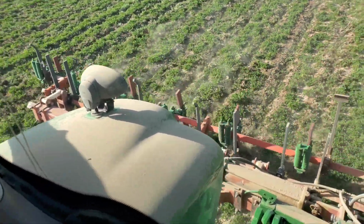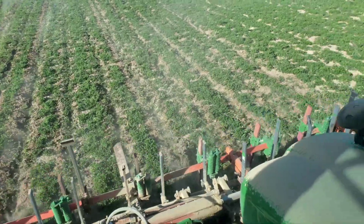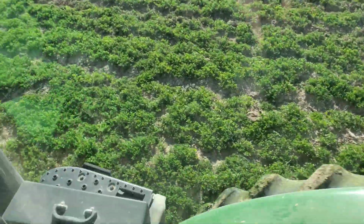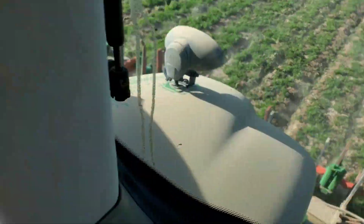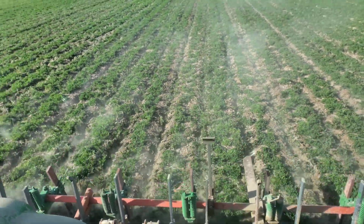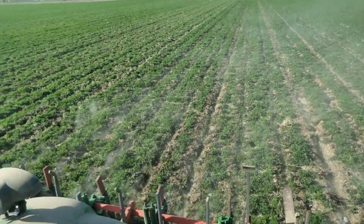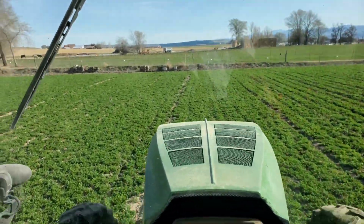So it doesn't take much. It's just pulling the little bits of dirt that are kind of filling up the corrugates from the past year, and it cleans them out, and it doesn't look a whole lot different, but it definitely makes a difference when it comes time to irrigate. So anyways, I'm coming up to the end here,